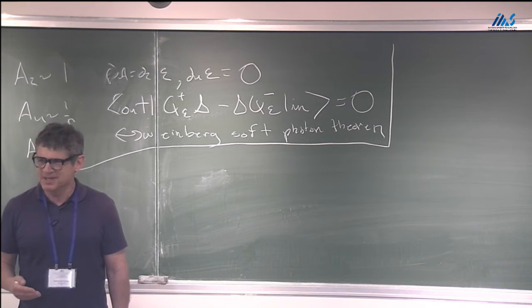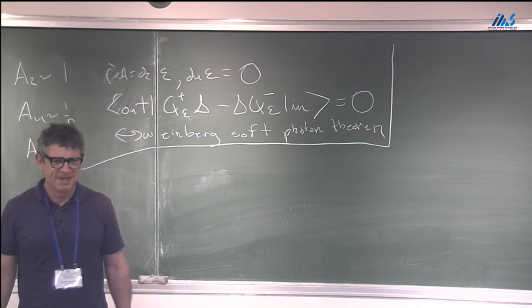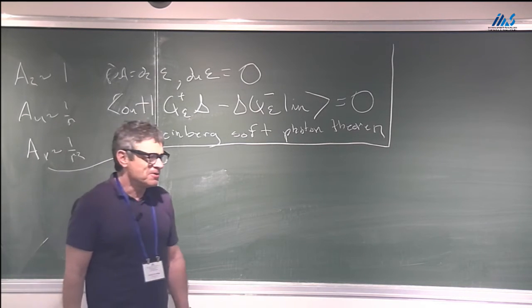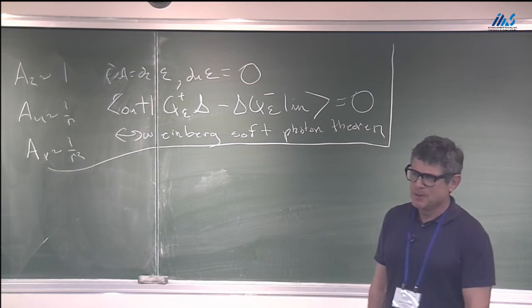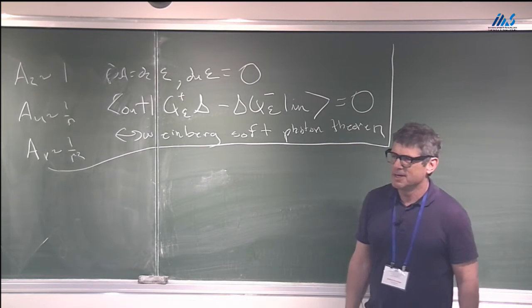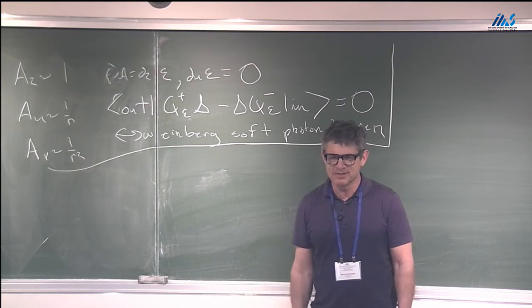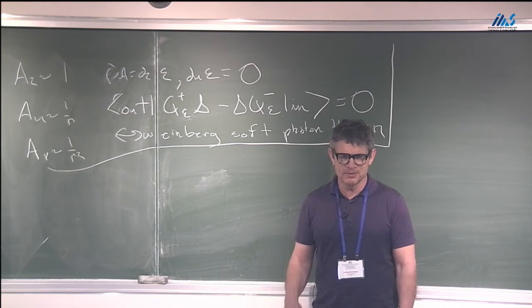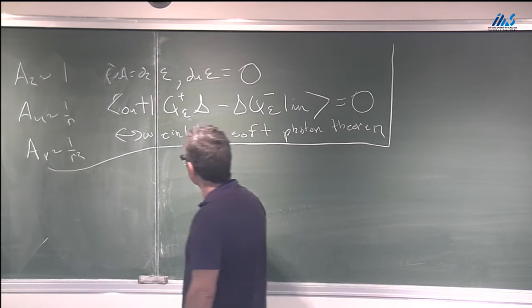So it makes no sense to ask whether this is an exact symmetry in QED, because QED doesn't exist. And as far as I know, maybe somebody has a counterexample at this conference, but as far as I know, all abelian theories that are exact have magnetic monopoles in some form or another. And if you have magnetic monopoles,